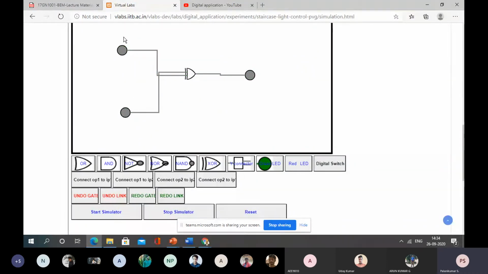Okay, either from this direction or from this direction. So like I told, suppose a person is entering, he reached the first floor. Now he switches off. Now another person coming from the ground floor itself, in sequence order. He is coming, he is making the switch. Okay, so automatically this will turn off and on. So he is going there, he is making it off. The same way he has to repeat it also. When he is coming back, he is only changing the switching position, and whenever he is leaving, changing the switching position, it will make it off. So that is the important logic that we are able to learn.